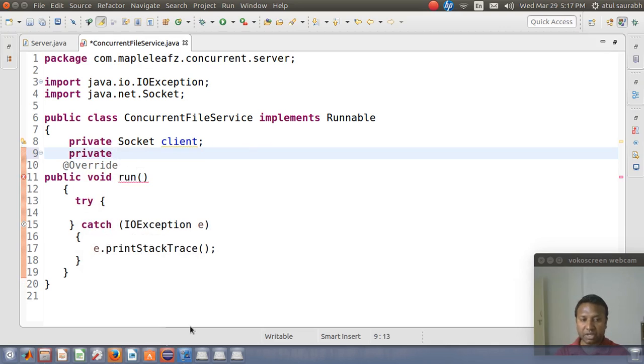So let's fix the directory. Private string directory path equal to, and let's make it final. And the directory which I am specifying is this one.